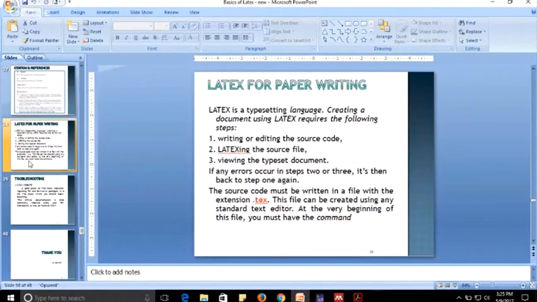Another very useful thing about LaTeX is for writing research papers. Most journals give the LaTeX source code for the formatting, so all the formatting is already given. The only thing you have to do is write your content, copy your content there, and the paper will be